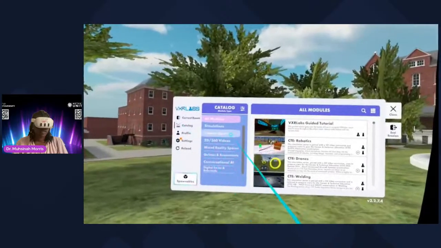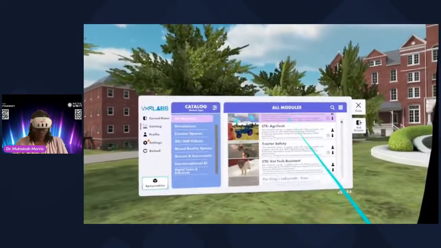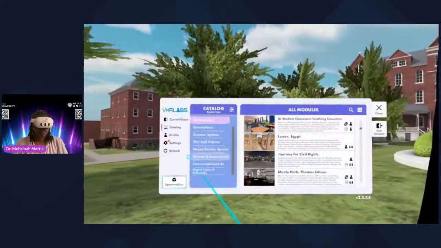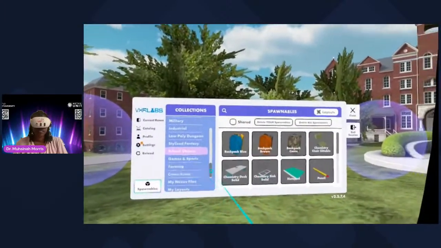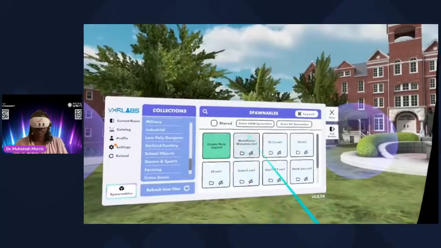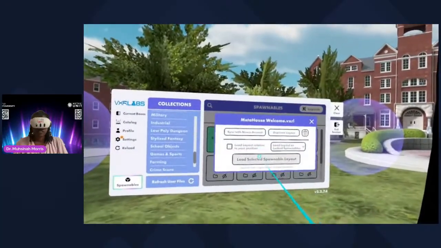You could also go back to the catalog and move students into different spaces. Another thing you can do is put things out into the space and create what's called a layout. So, for instance,